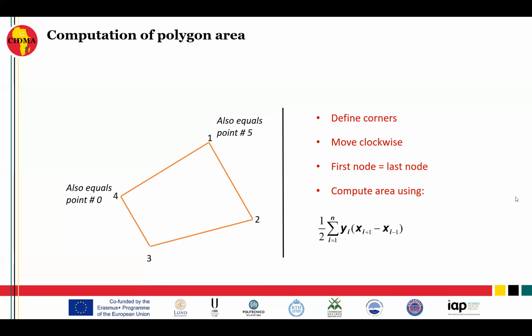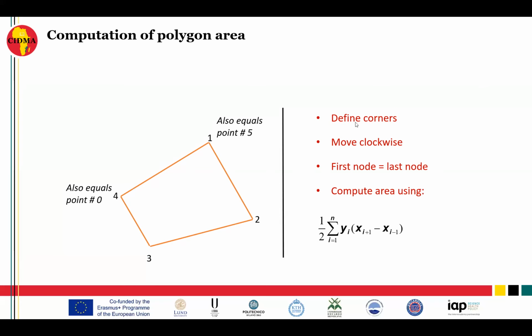Now, computing a polygon area. Maybe it's easier for us to do it. We can see the object, the polygon, but how is it really done? Because in this case we would have 4 different coordinate pairs, one here, one here, one here, and one here. And then the 5th one is, of course, the same as coordinate number 1, or corner number 1. So in order to solve that,